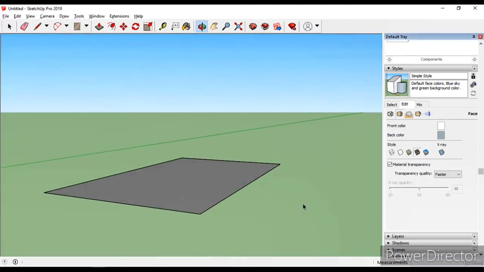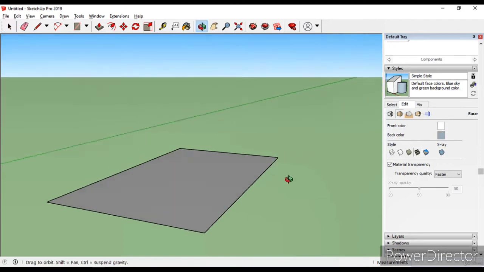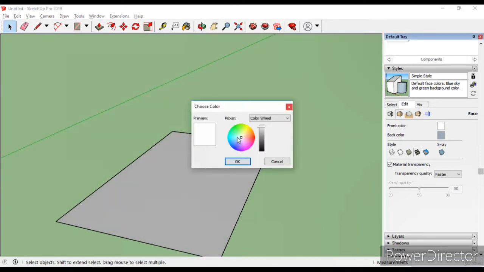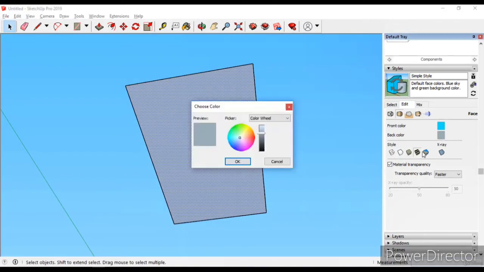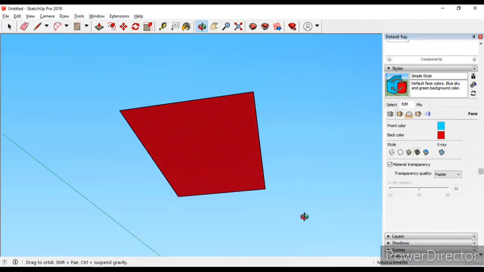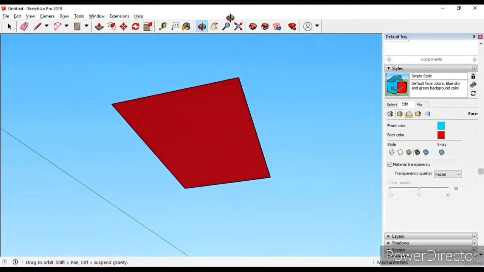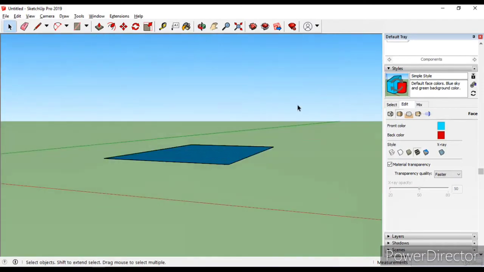So here in the style menu we can have a control to change the color of the surfaces. Like if I want to change the front surface into light blue and back surface into red, so we can differentiate it in the different color.